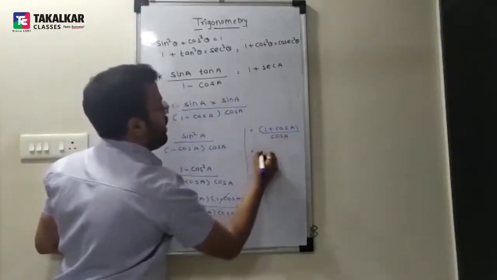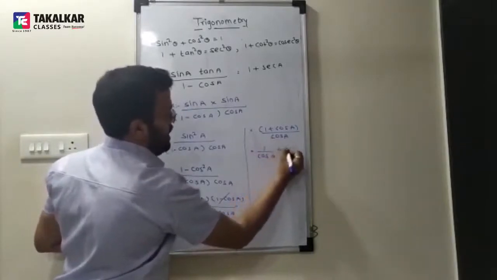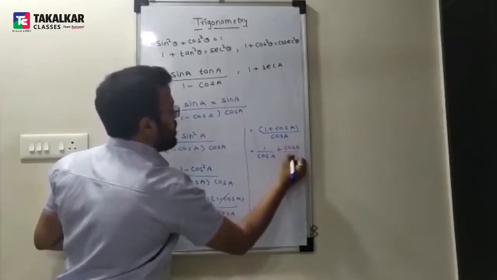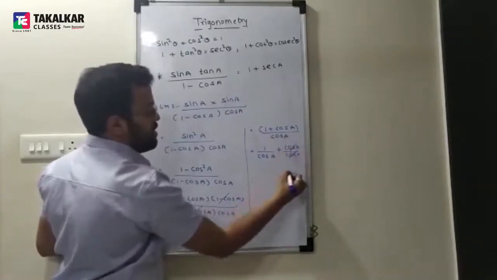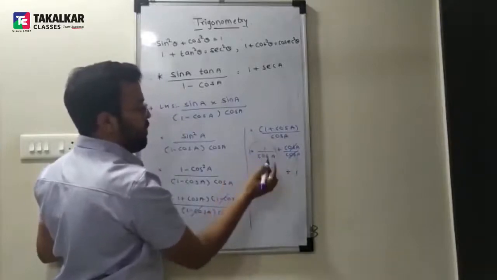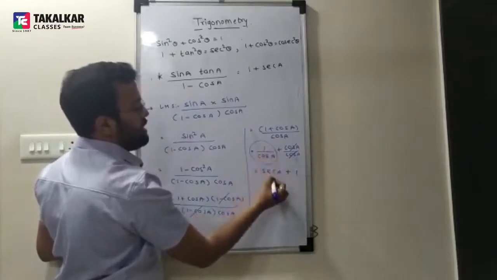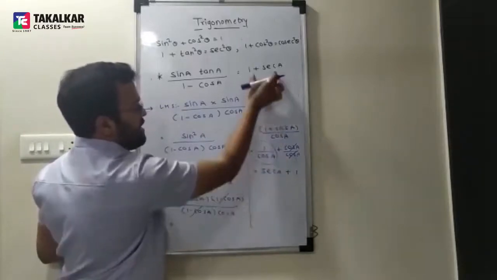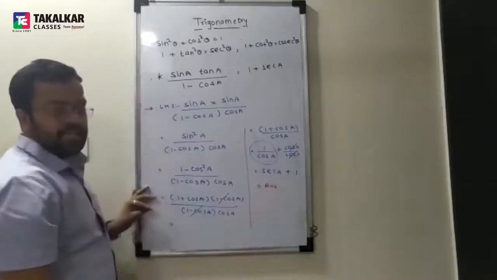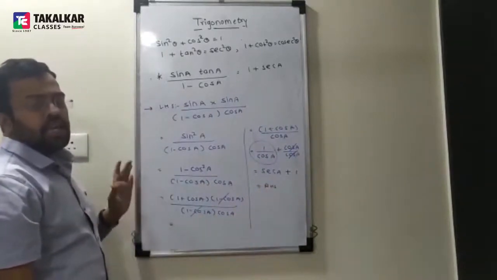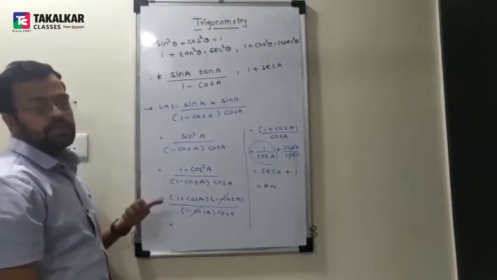Now separate your denominator. Give the denominator to both. So it will be 1 upon cos A plus cos A upon cos A. Just separate the denominator. Cos A cancels. So here 1 remains and 1 upon cos A. So take the opposite pair. 1 upon cos is what? Sec. The opposite of cos is sec. This is what you want. This is your RHS. Is that easy? Getting this? Trigonometry is easy when you do more and more practice. Thank you.